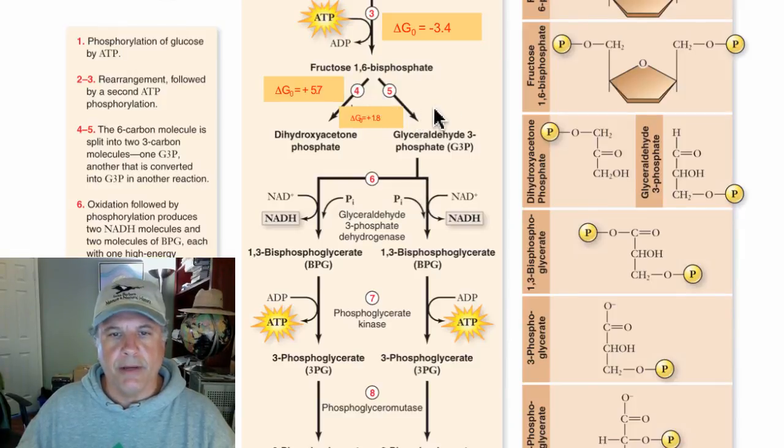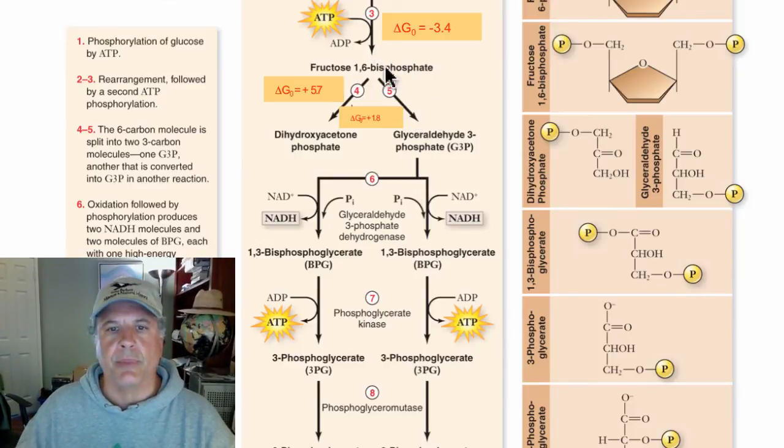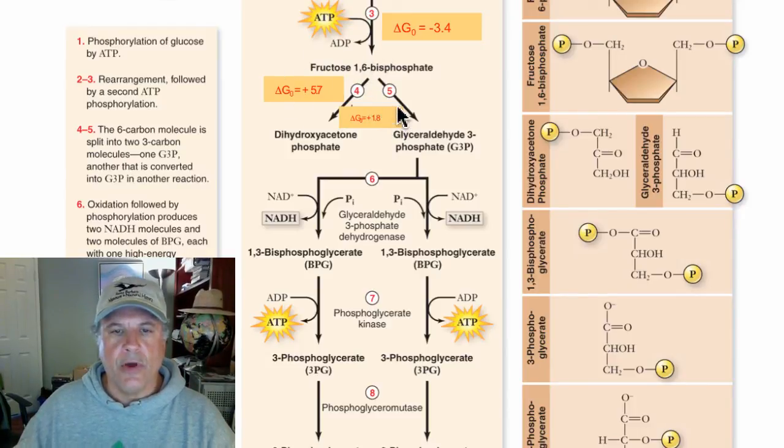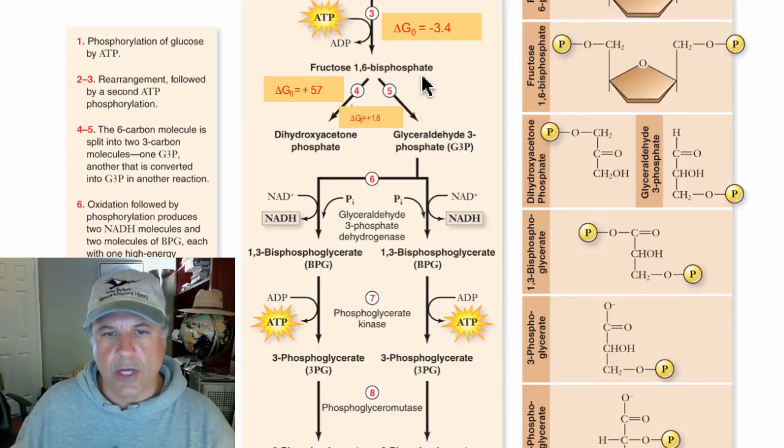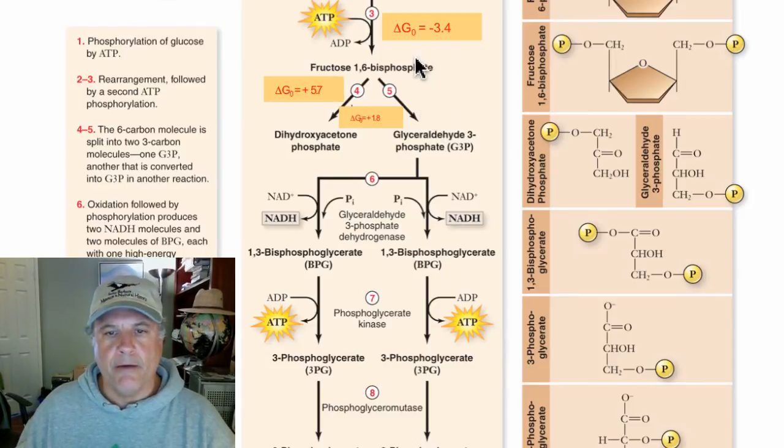You could think of a car that's being pushed. You're pushing the car, but you're also pulling the car with a tow truck or something. That allows for this reaction to proceed. And although you'll see at several steps in the glycolytic pathway, there are positive delta G zeros, the overall delta G is negative for the entire pathway, and that causes the pushing and pulling of different reactants and products through the pathway.